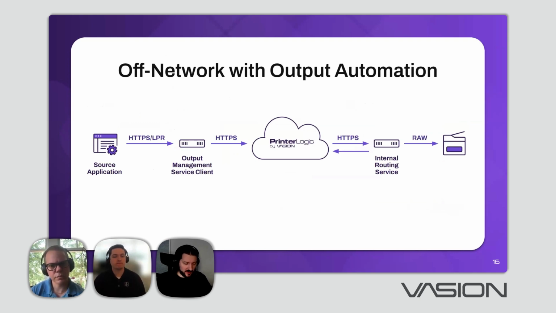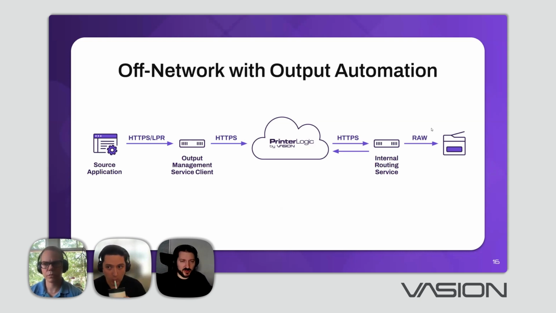And the way that it works is the original EMR is going to send a file to the output automation service client. And from there, once we get that file, we will identify that this is supposed to be an off-network job and we'll encrypt it and then send that encrypted file to a gateway that is run on our side normally, though you can host it yourself. And then